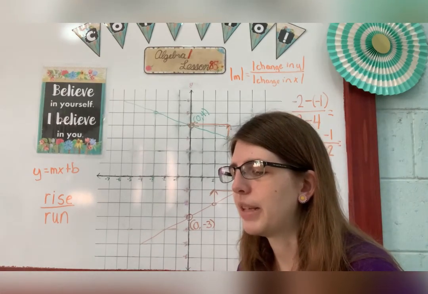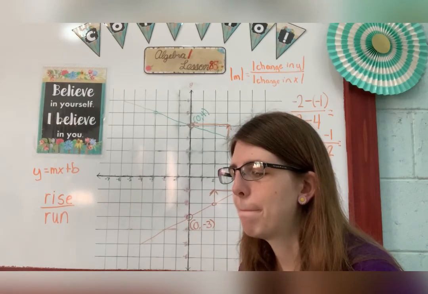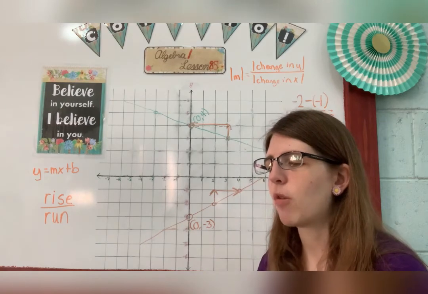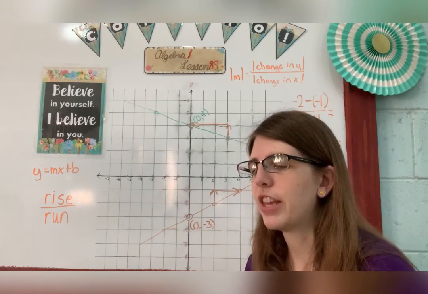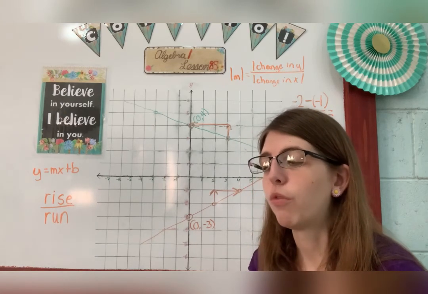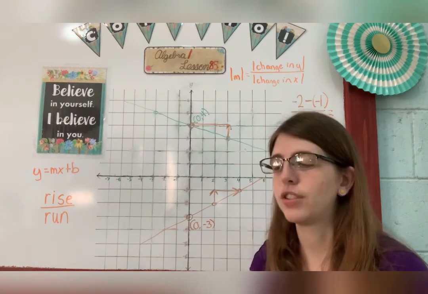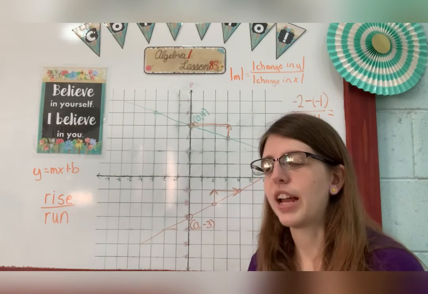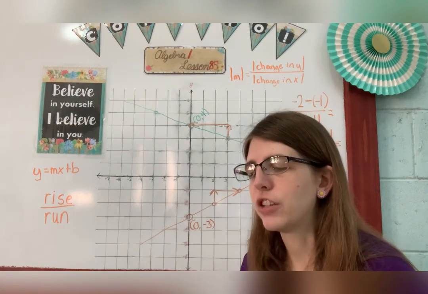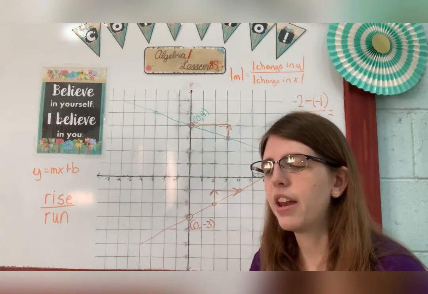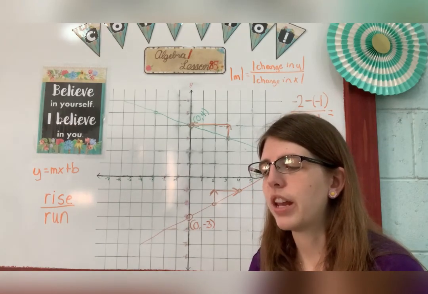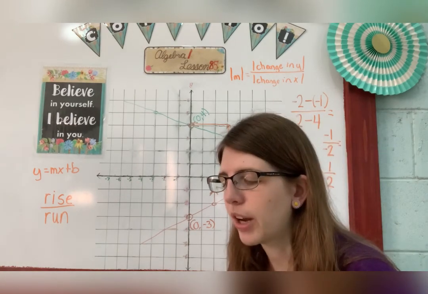So let's see. The general form of the equation of a line is y equals mx plus b. And to write the equation of the line, we need to know, first of all, the value of the intercept b, the sign of the slope, and the magnitude or absolute value of the slope. We see that 1, the y value of the coordinate of,